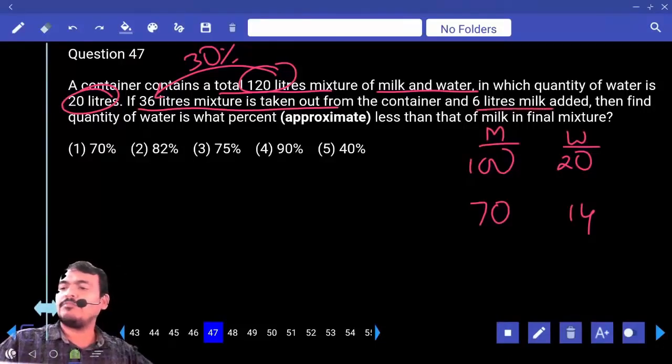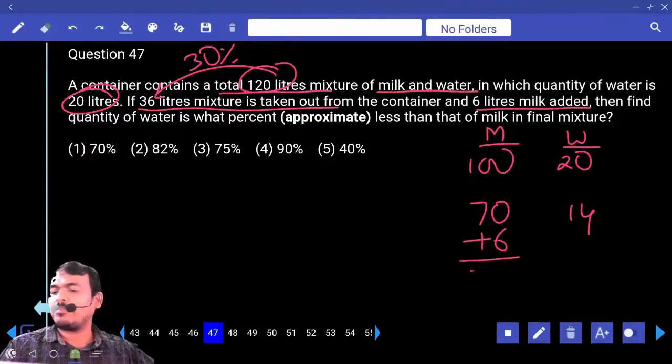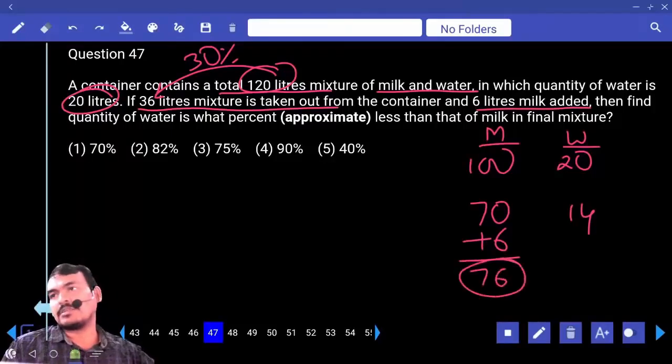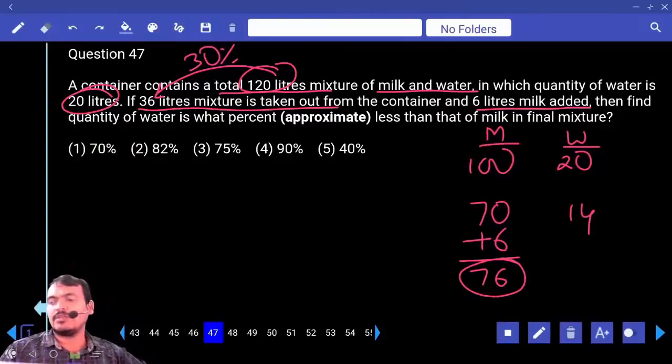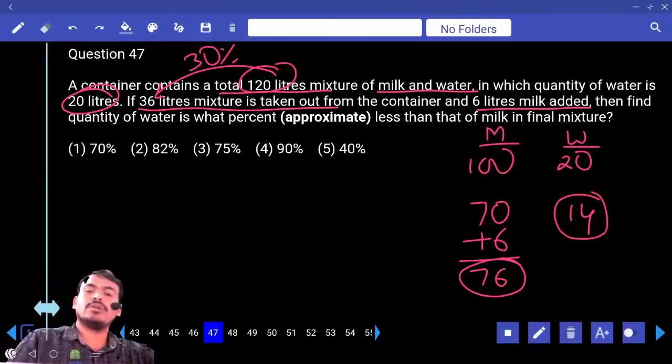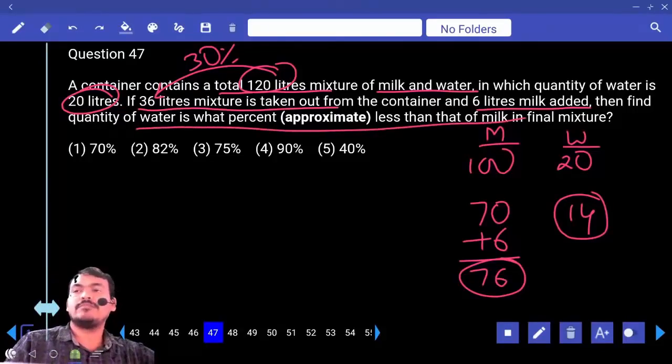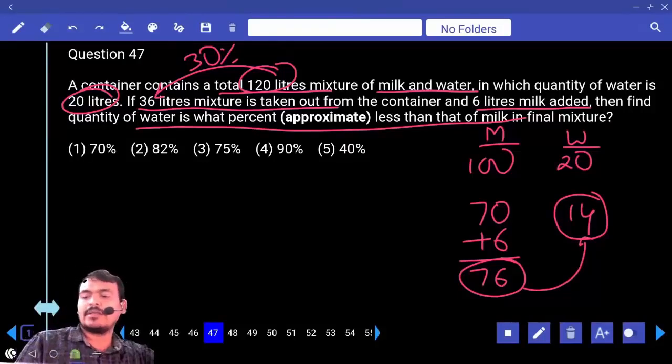Again, how many liters of milk is added? 6 liters. Then the milk value is how much? 70 plus 6, how much? 76. In the final mixture, milk is how many liters? 76. Water is 14. But here the question is, water is what percent less than which one? Milk value. What is the water part? 14. Compared to which one? Milk value. How many parts are less? 62 upon